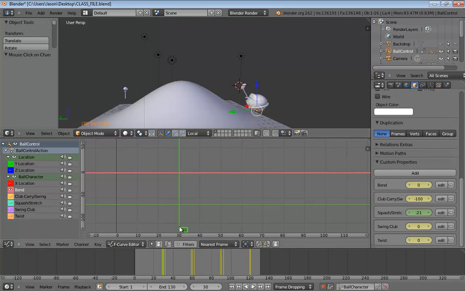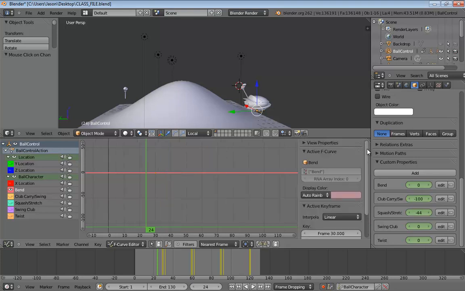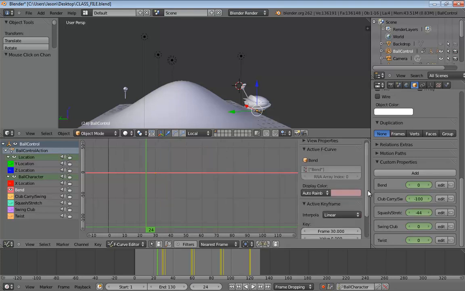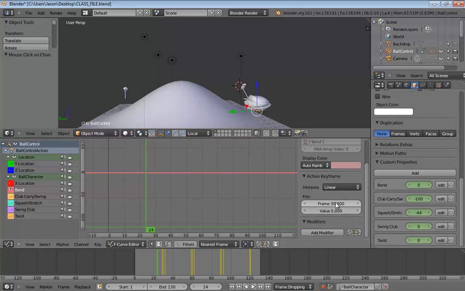So we're going to start off way back here at frame 24. Before he even moves, we're going to go ahead and zero him out. So let's go ahead and drop a key. Actually, we have a perfectly good key just sitting right here that we could borrow. If I take the active keyframe, his value is currently set to 0. I could just take that and set that to 24. And we can just use that guy, which is pretty handy.